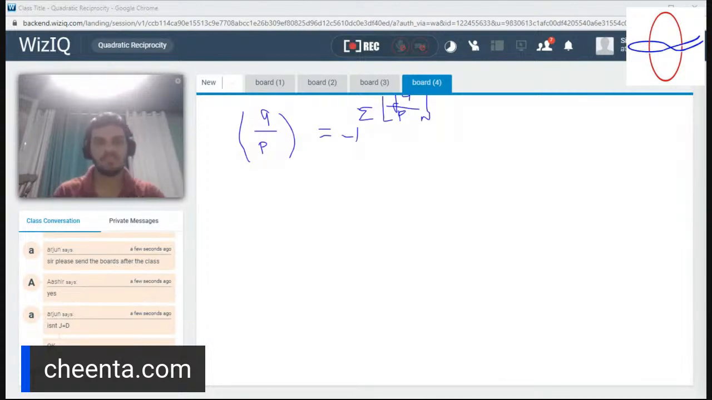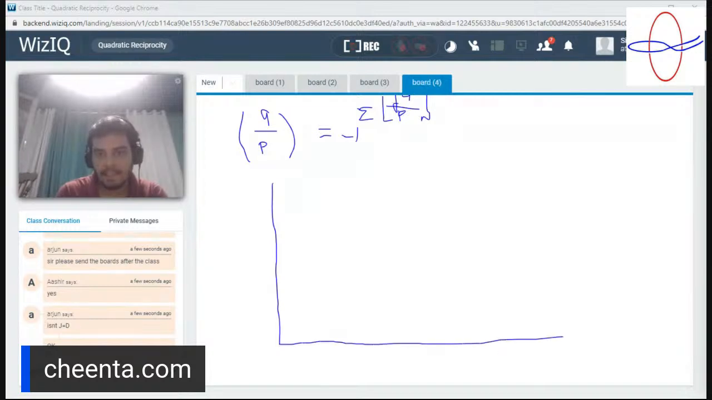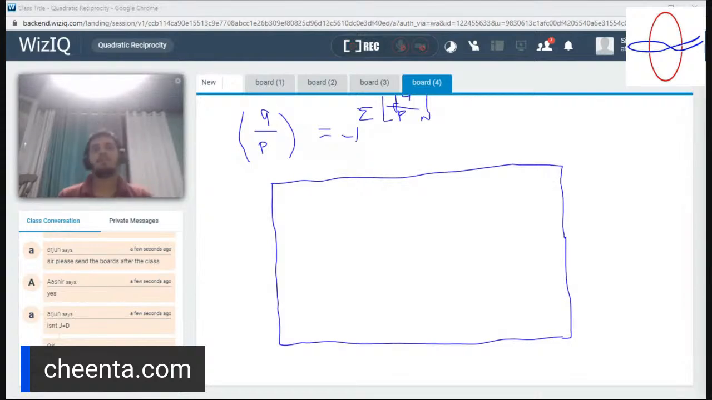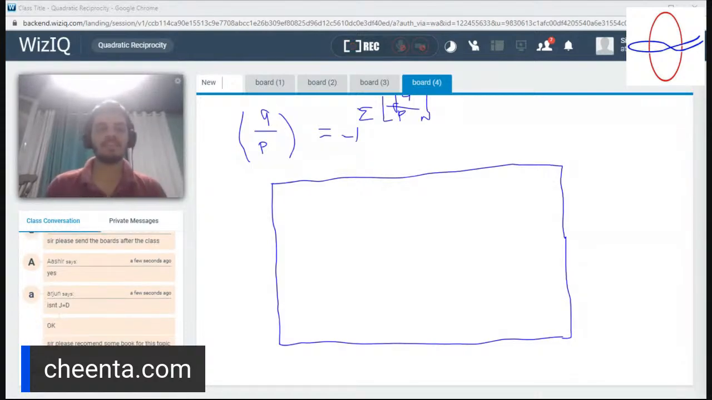For this, we will actually use a construction. We are taking this. Now again, since q and p are interchangeable,